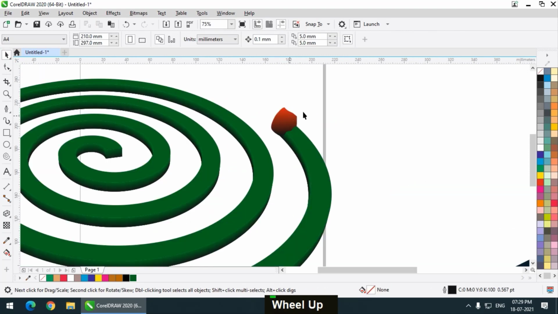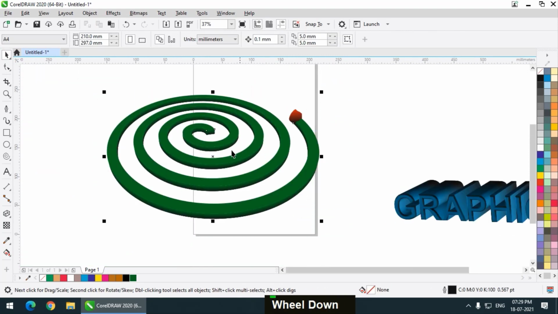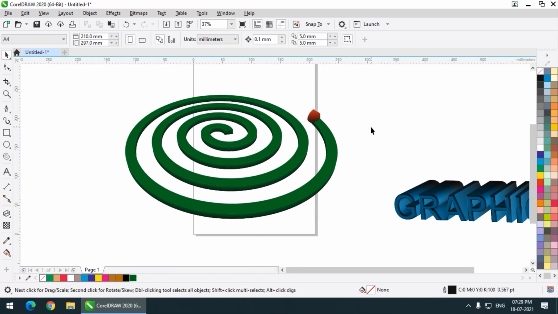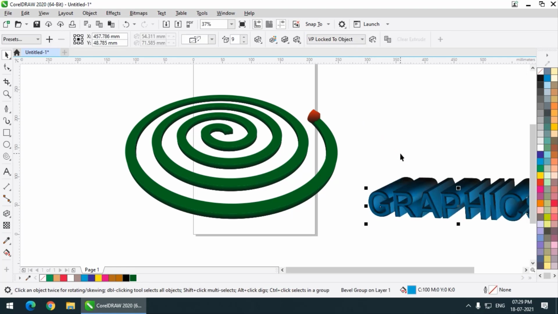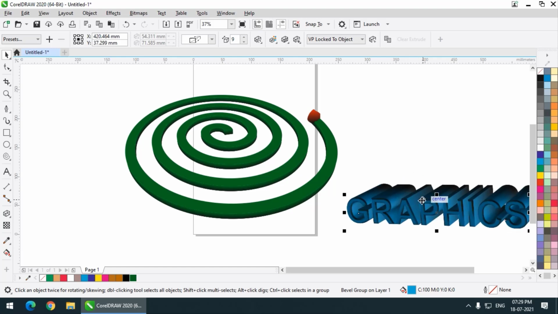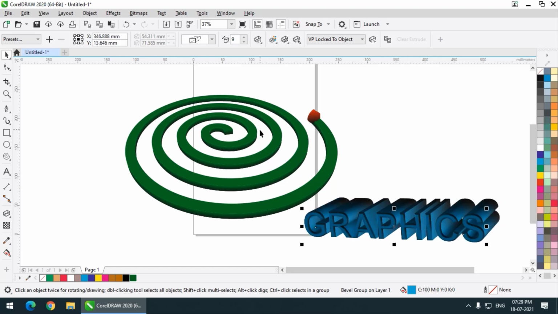So we are only giving the feeling as if it is on fire, or we have lit it up like an incense stick. A mosquito coil is basically an incense stick which is used for killing or damaging the mosquitoes. So this is how it will look. We have created this particular object by using the extrude tool. We can use it on any object. I recommend you practice this. It's a very effective and useful tool.